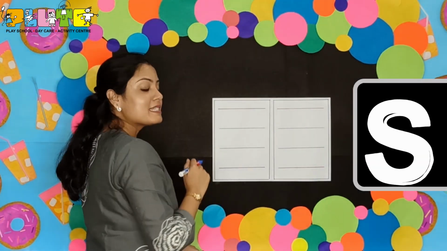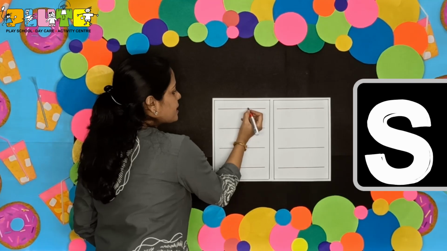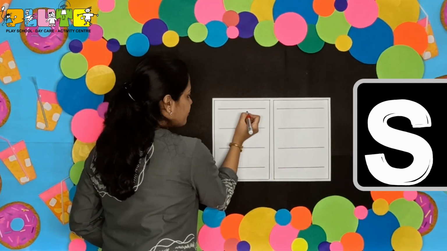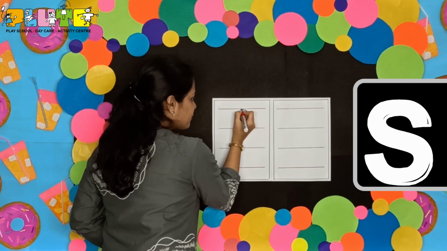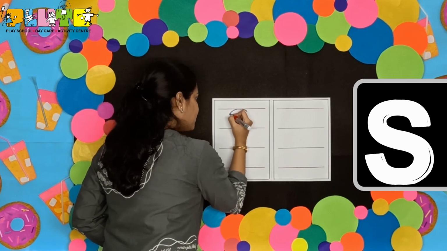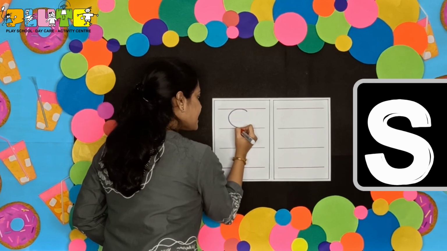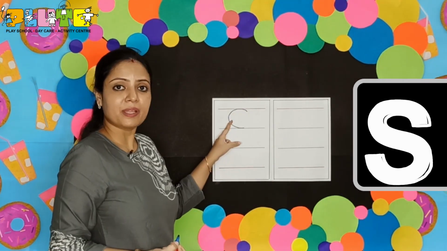The last two alphabets, parents, that you will teach your child are S and J, because they are considered to be the toughest letters as they have many curves. So let's see how we can write the letter S. I'll start just below the first line from here. For writing S, I'll start below the first line. I will take the curve and touch the first line and go down till the second line. This is my first curve.